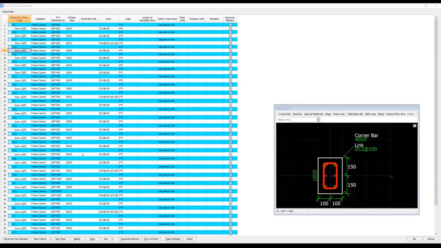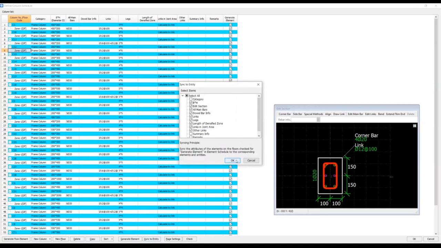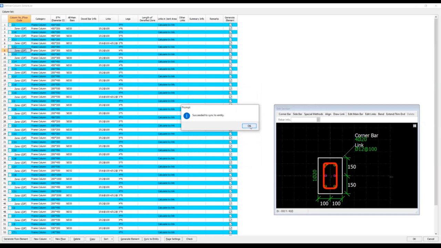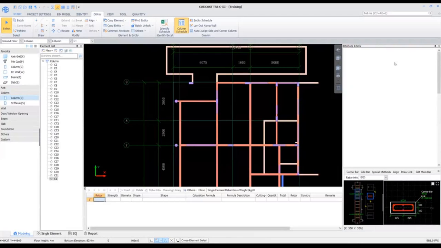Okay, so after that, press sync to entity. Sync to entity and press OK. So i-absorb po ni software yung mga bakal natin. And if we calculate all